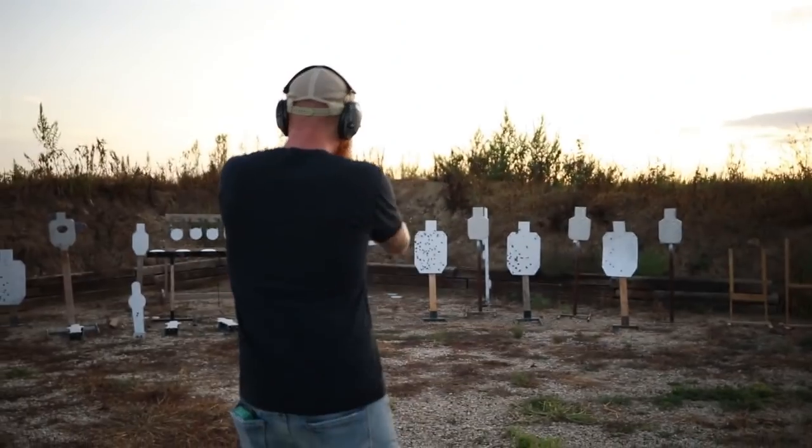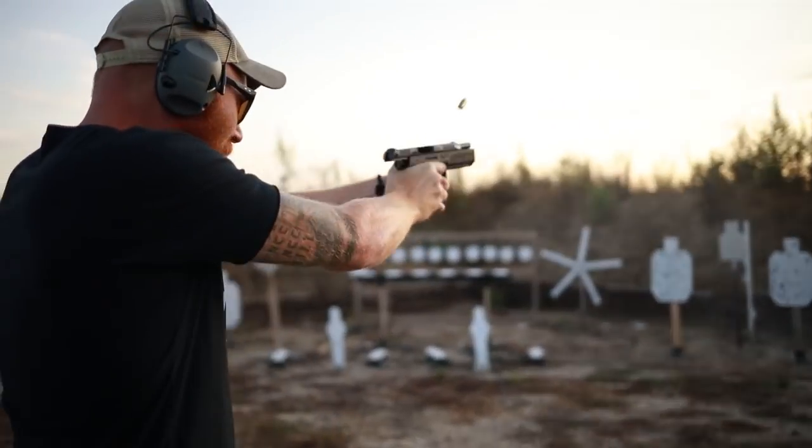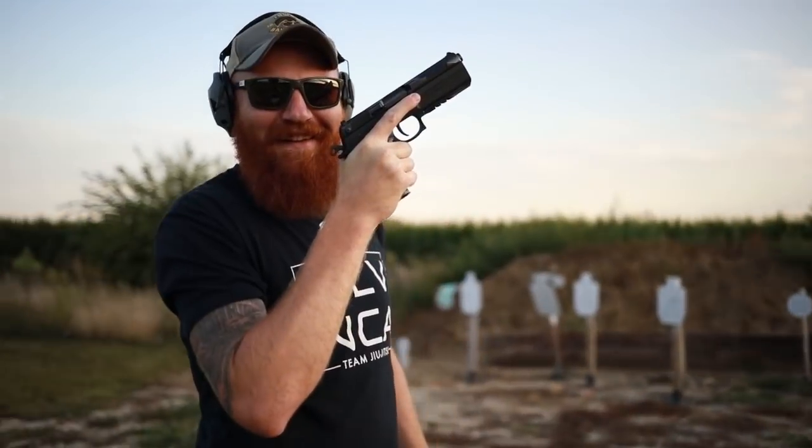However, it does have an extremely crisp and easy to use trigger. I cannot stress enough that I have not fired a gun that has this low recoil with this high caliber and this much capacity ever in my life, especially for the weight. Very impressive gun overall, very impressive engineering, and I'm actually impressed with the PSD a lot more than the original,